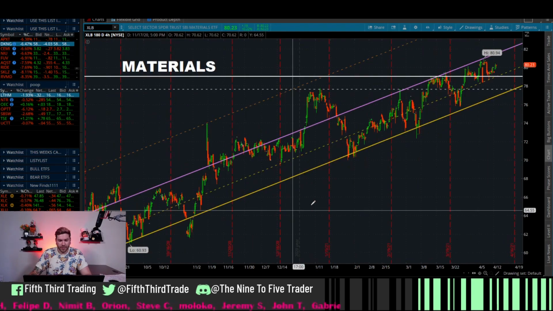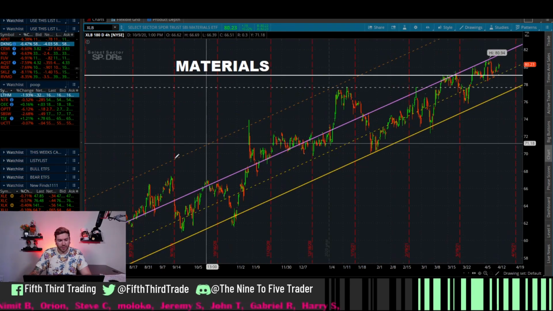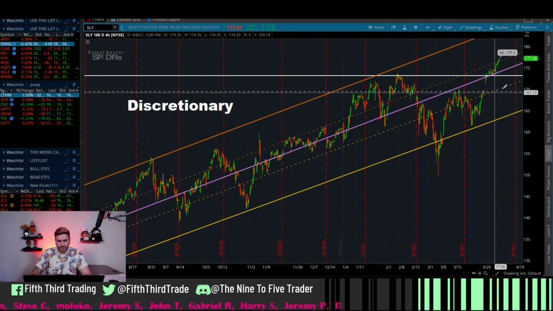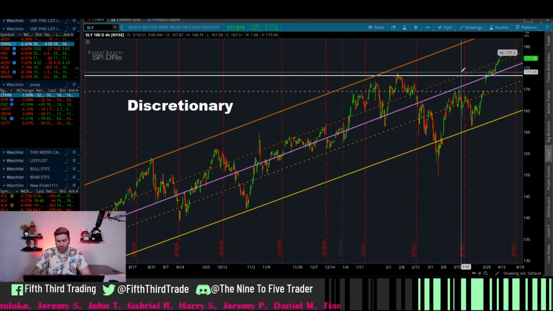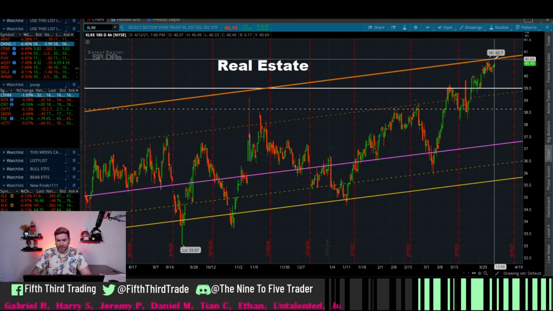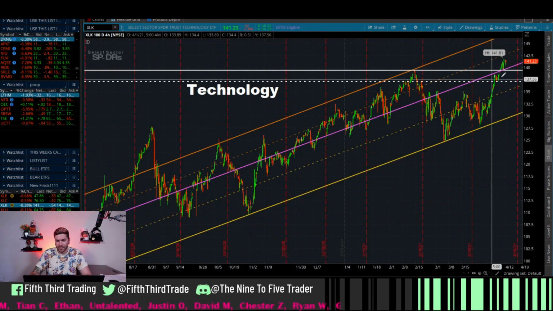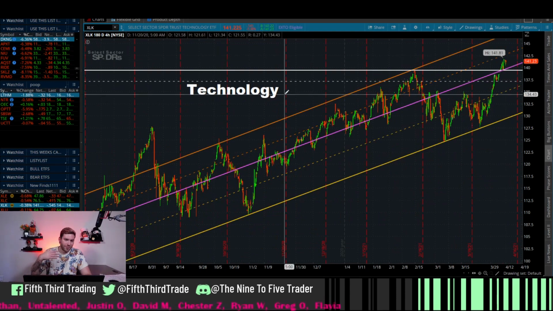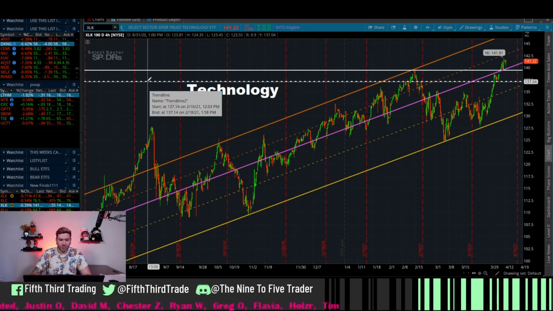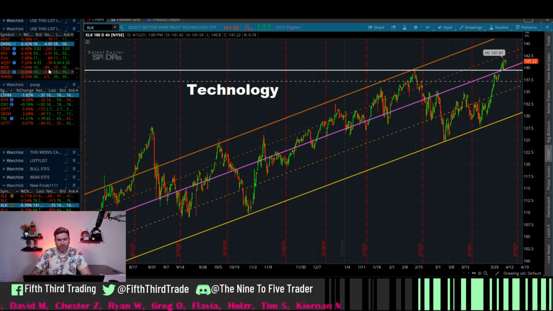I think another great one right now is basic materials. It's showing some good life. We could also look at discretionary. If it does break here and holds, it could have a lot of great potential this week. Even real estate has some room, but a lot of these are getting overbought. Financials, if it breaks there, it'll be great. Technology looking okay. So we've got some options overall with our picks this week, and I'm really trying to focus in on some sectors.